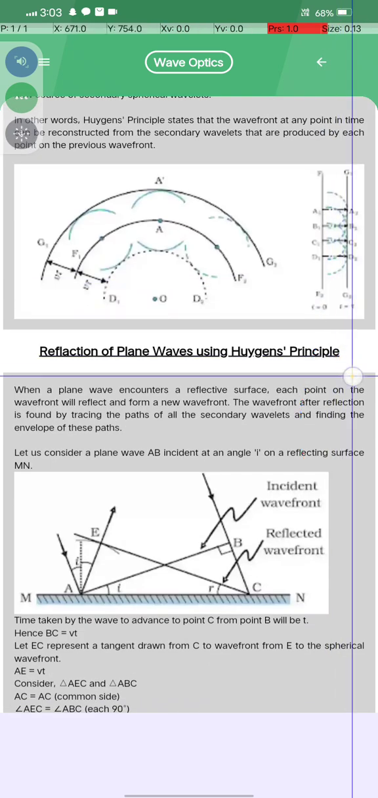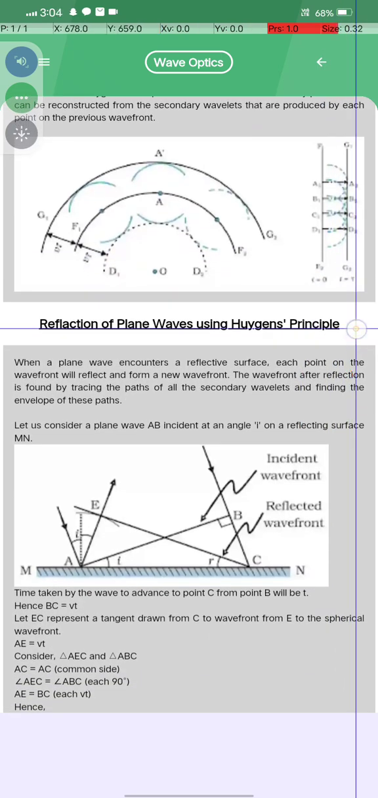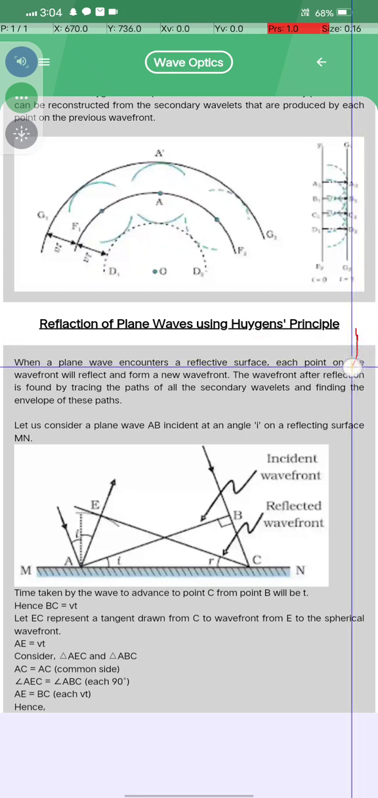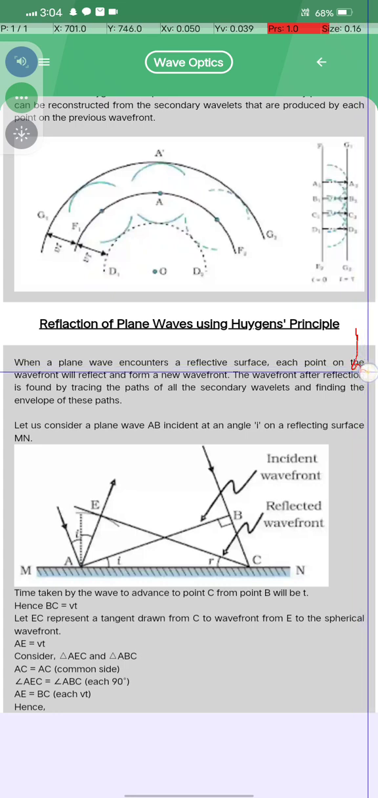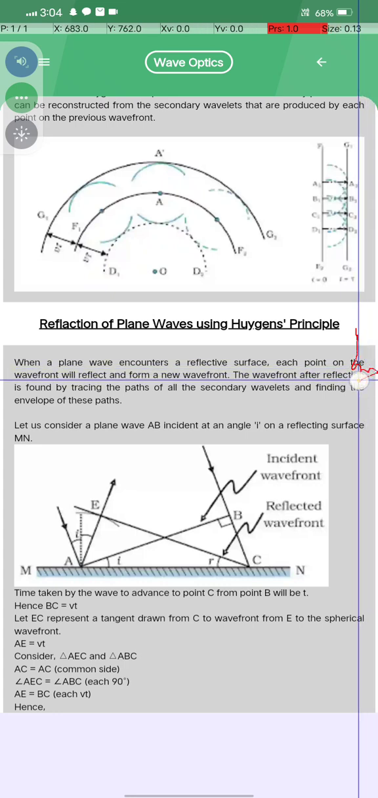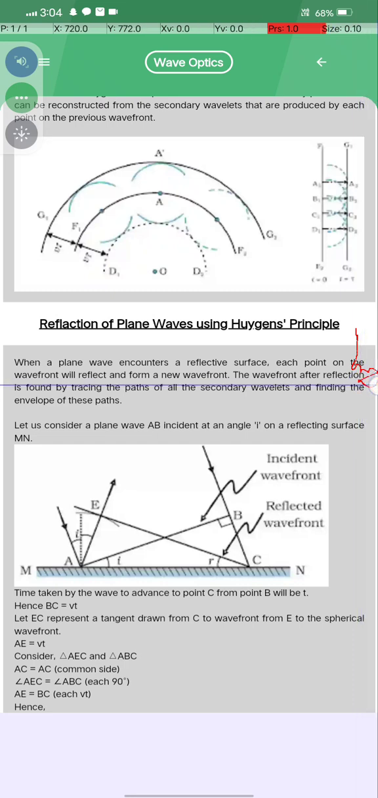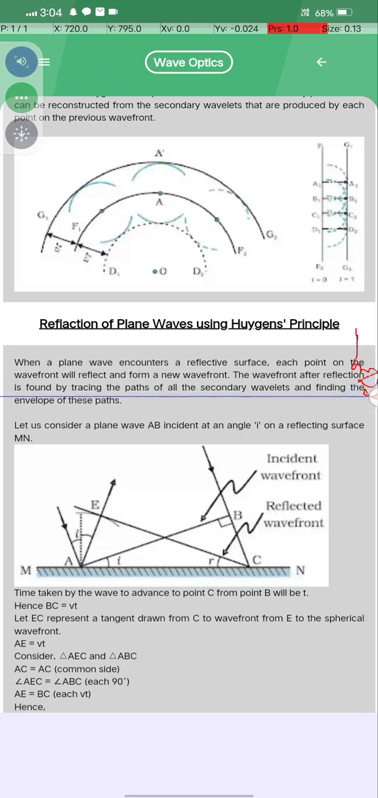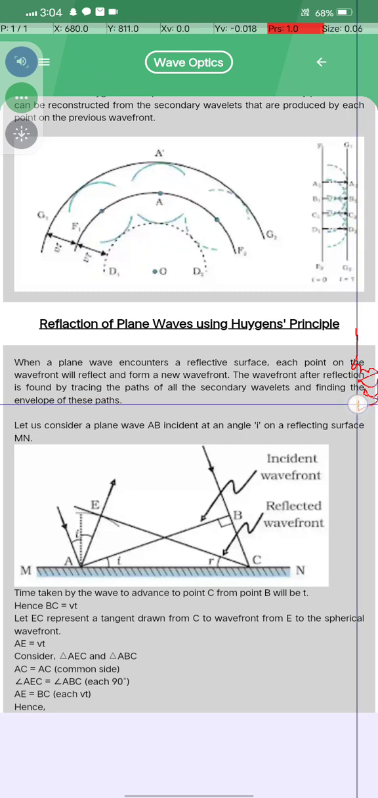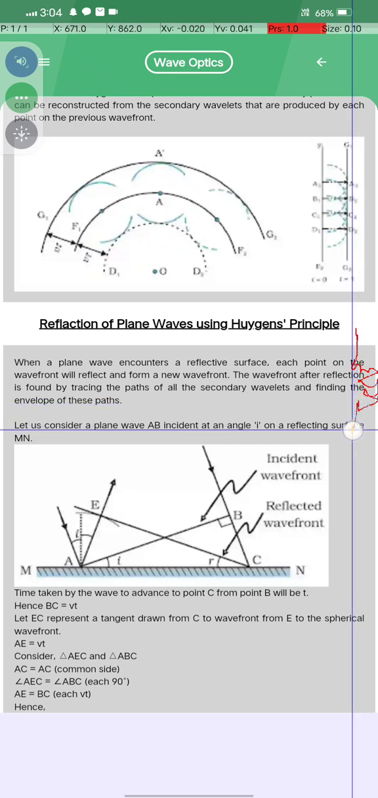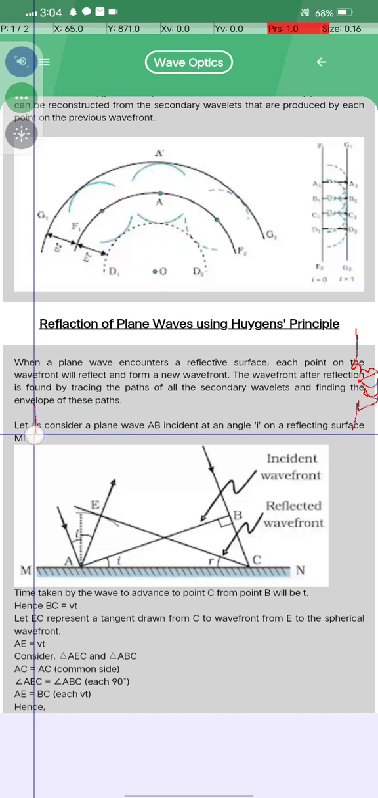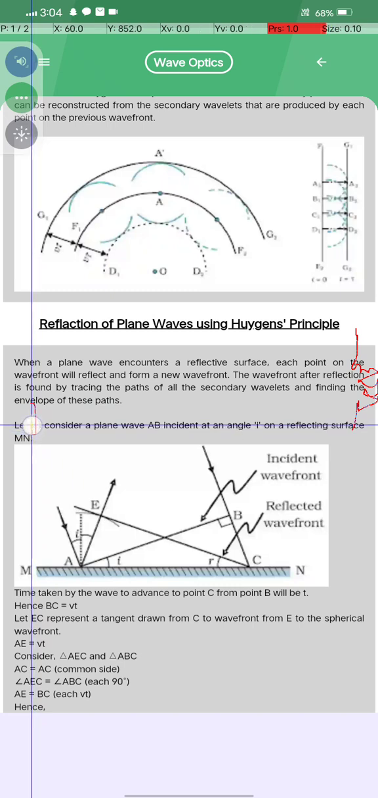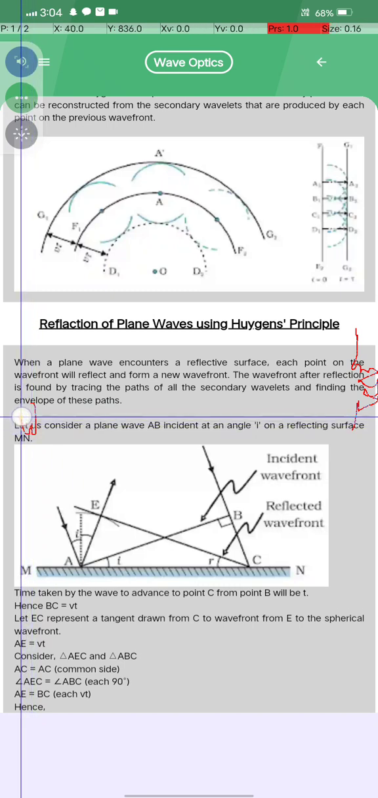Okay, reflection of plane waves using the Huygens principle. When a plane wave encounters a reflective surface, each point of the wavefront will reflect and form a new wavefront after reflection, which is found by tracing the path of all secondary wavelets and finding the envelope of these paths. Let us consider a plane wave AB incident at an angle i on a reflecting surface. Okay,